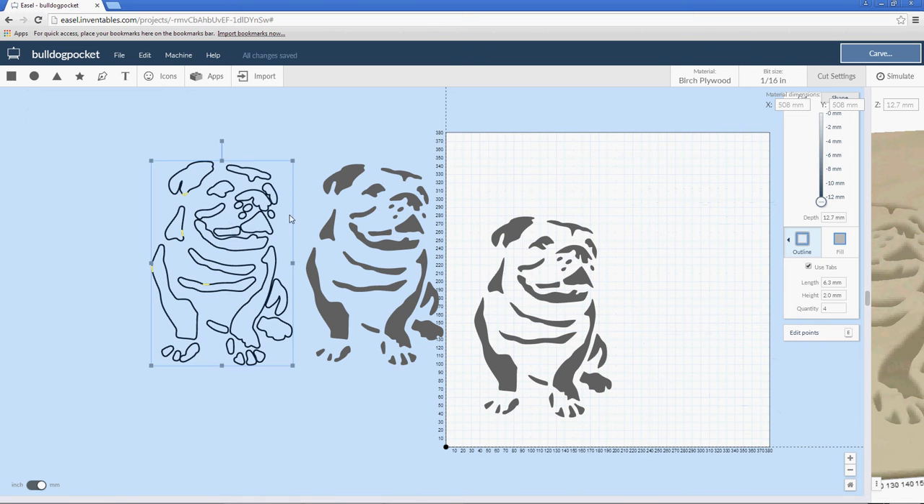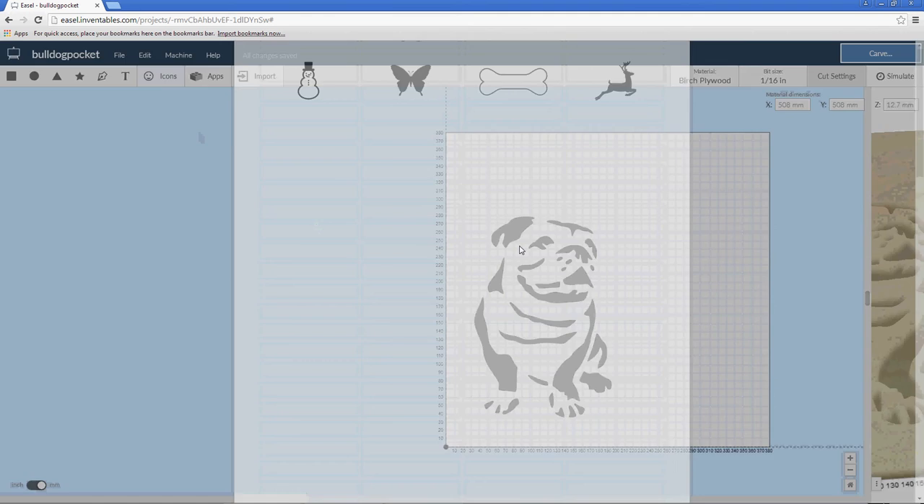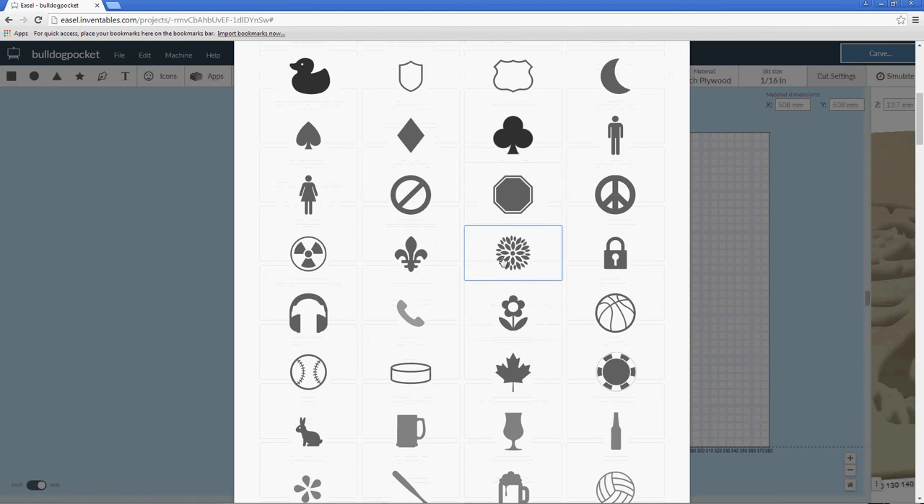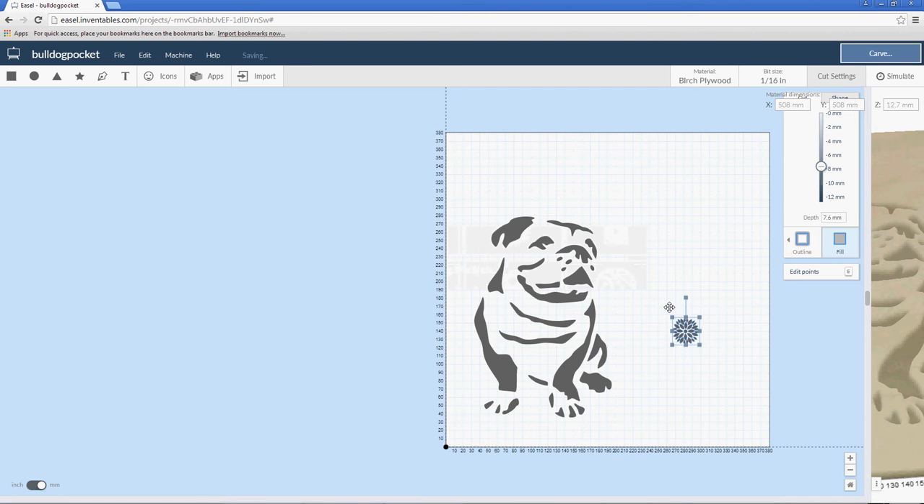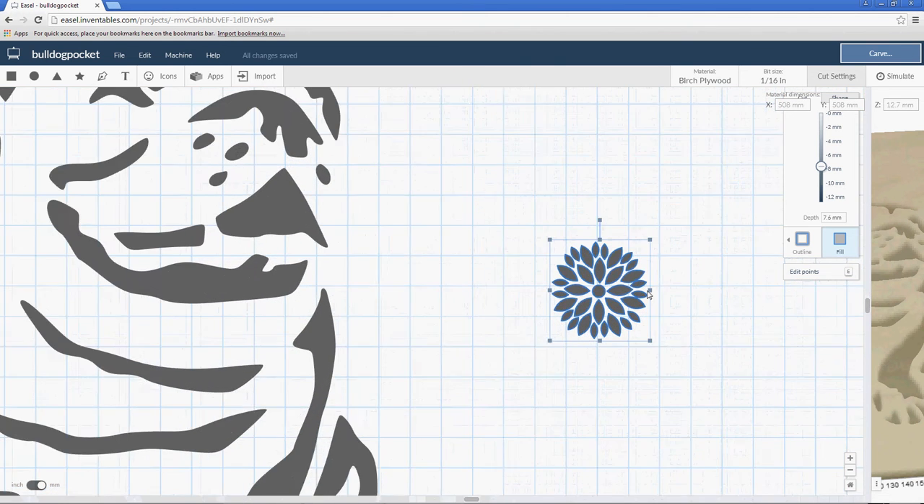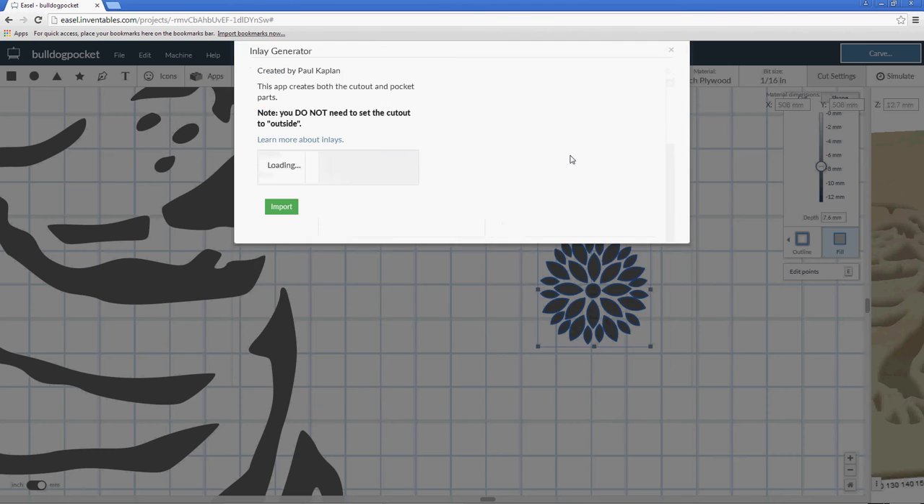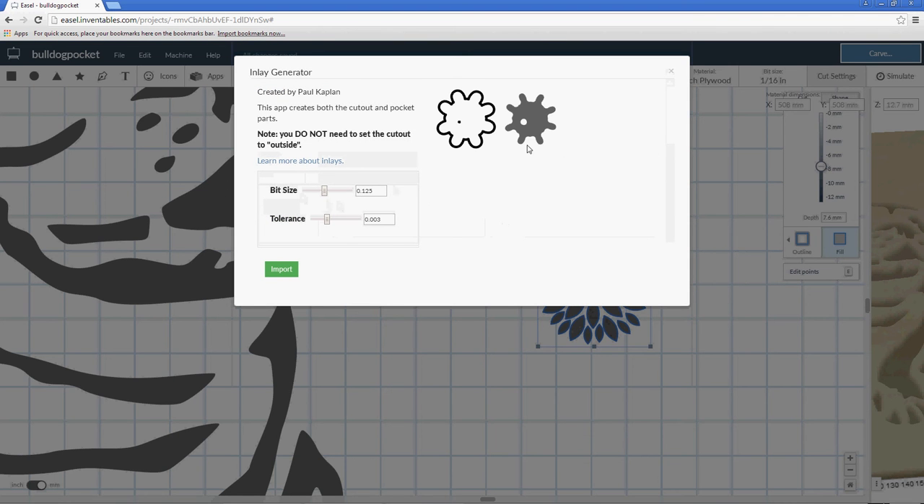But again, the Exploder app is meant to take a shape. Let me bring an icon in here, grab something that has multiple parts. Now, right away I know because of the size of this object that when I use the inlay app, it's going to have problems. And that's because of the size of the bit. So even if I start to bring that bit down, I'm getting more detail. I'm getting close, but I'm still not there because even this 1/32 bit is too large to get in between